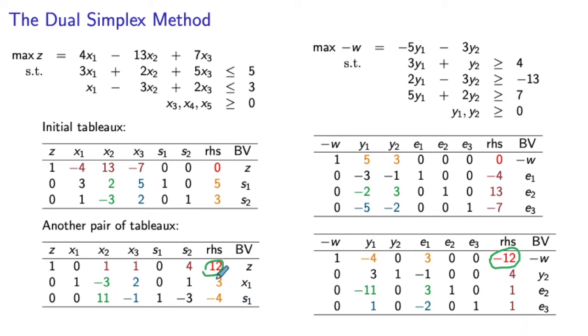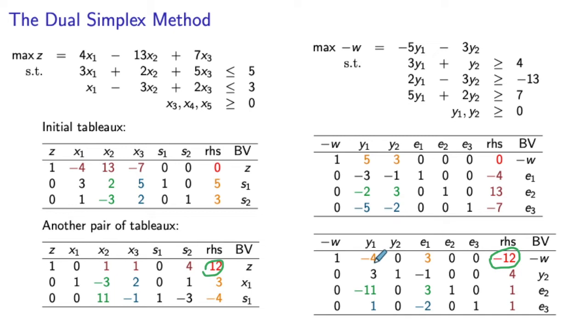But of course, because the primal solution is infeasible, we cannot claim optimality for the primal problem. And here we cannot claim optimality for the dual problem because the optimality criterion for the dual is not satisfied. So as we go through the iterations of the simplex method, if we look at the pairs of primal and